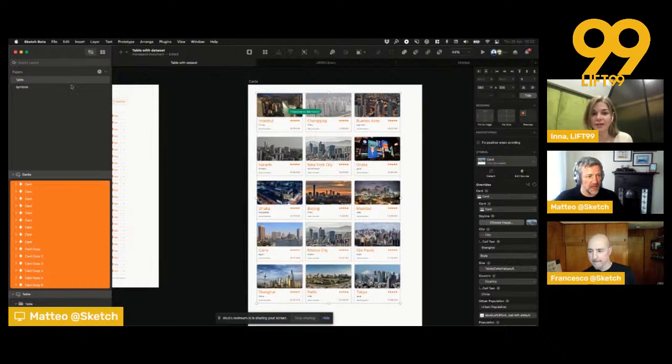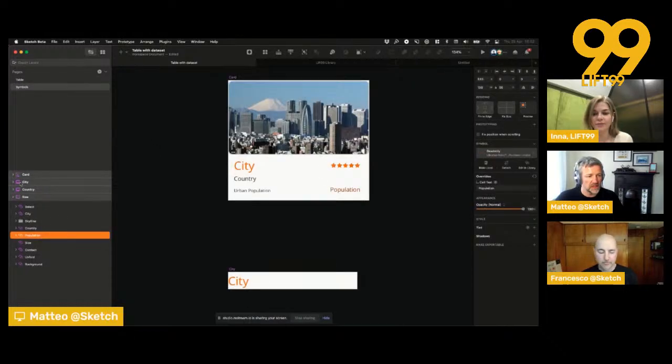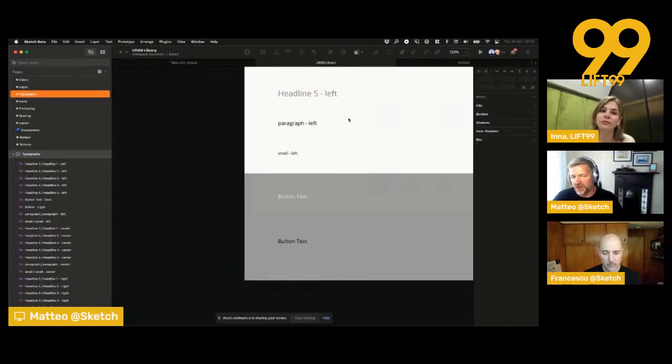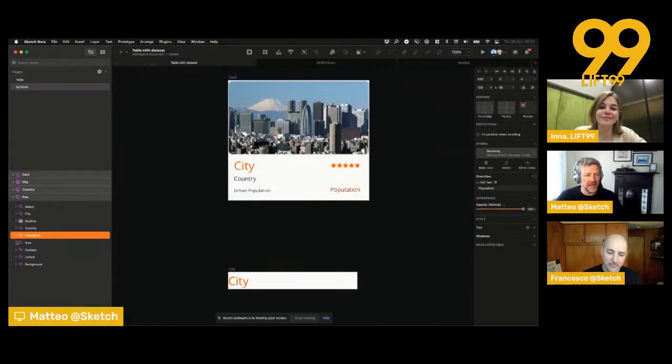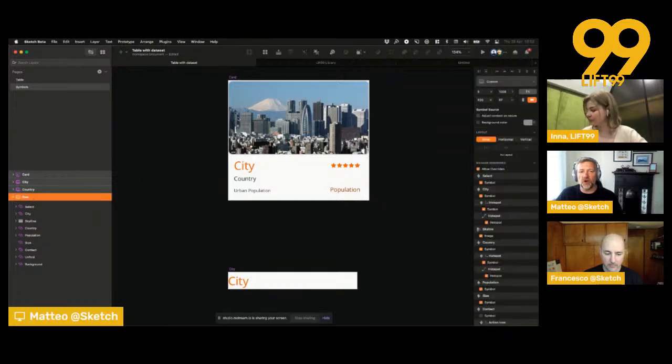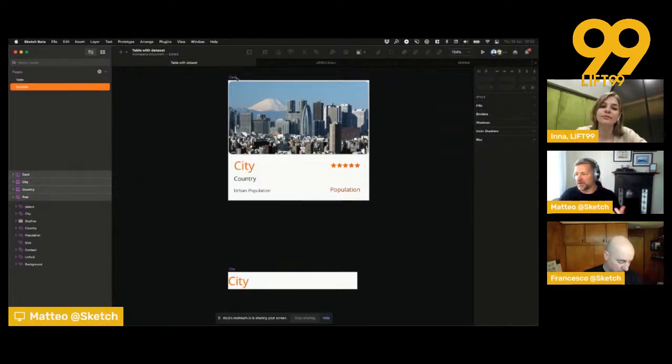if you look at this page here with the symbols, you can see that I imported from different libraries. In this case, of course, it was not the library that I just created today because it was live. I couldn't do it live. But I imported here a lot of symbols coming from different libraries, and I created a new component here that is like a complex one. And going back to the original question from Igor, this is a way